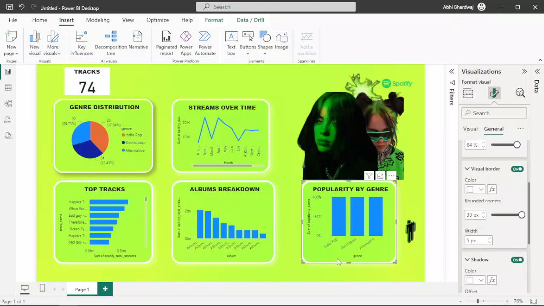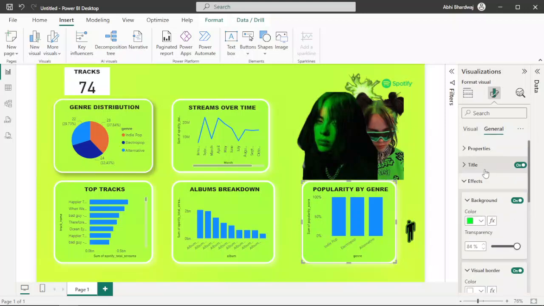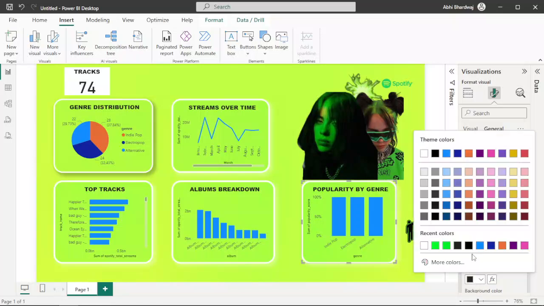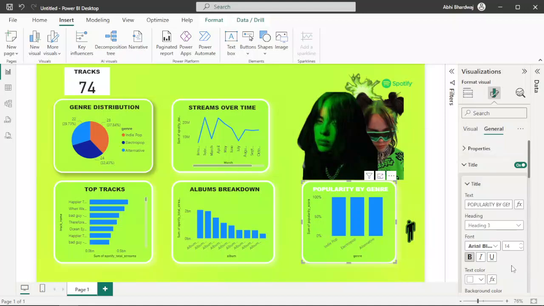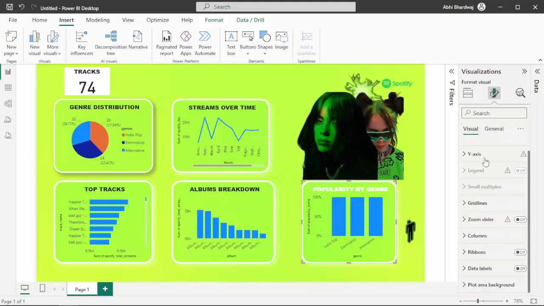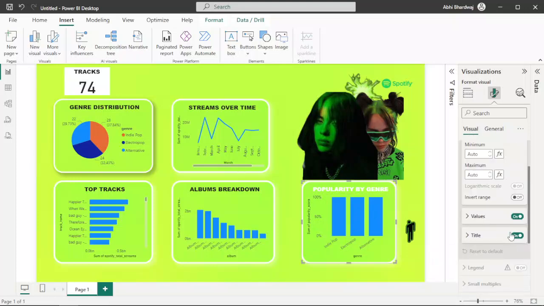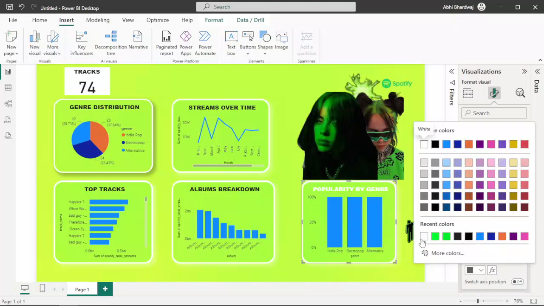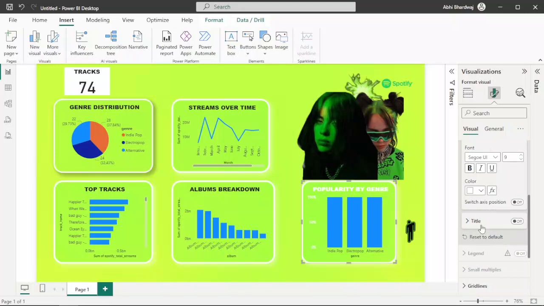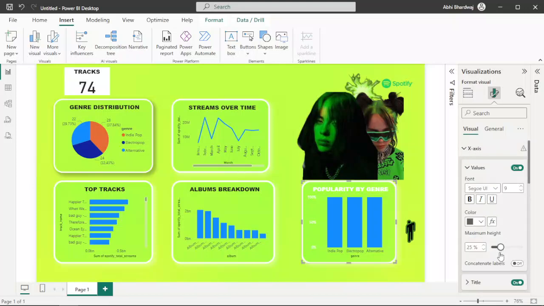Okay, so now what I'm going to do, I'm going to change the other elements also. Let's change the color to white. Looks cool. In y-axis, zero title, don't have any title in y-axis. Values is going to be white, and similarly with x-axis,